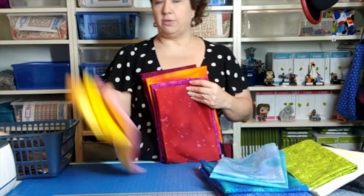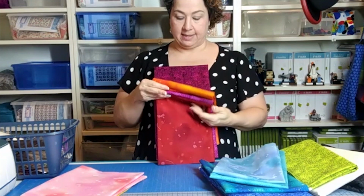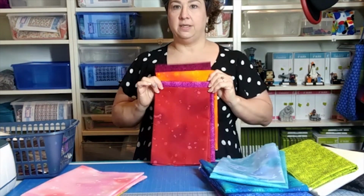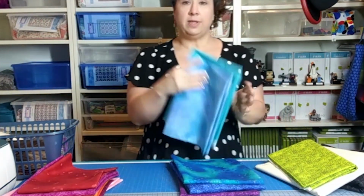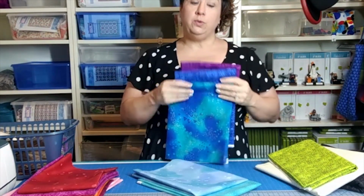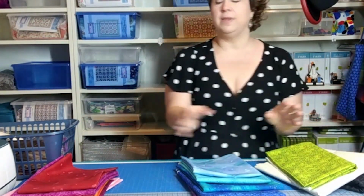So again, 3 light warms, 4 medium warms. I have eggplant, I have fire orange, I have a raspberry, and then I have a red, which is a very light kind of red you can see on the camera there. For the cools, we have 2 lights, 2 light blues in this case, and 3 mediums, a purple and 2 blues. So you can mix up your color families, but if you go by lights and mediums, and the reason we're not using darks is because we have our dark background,